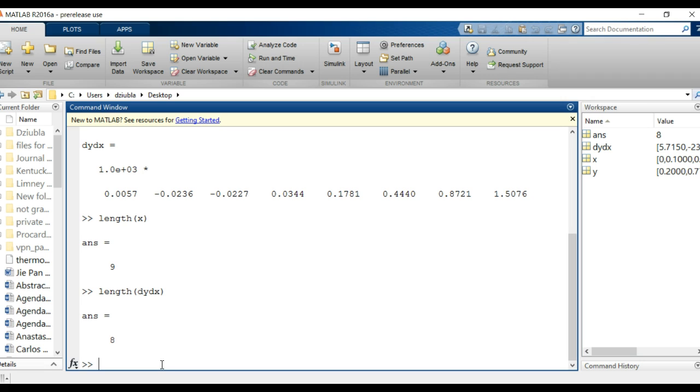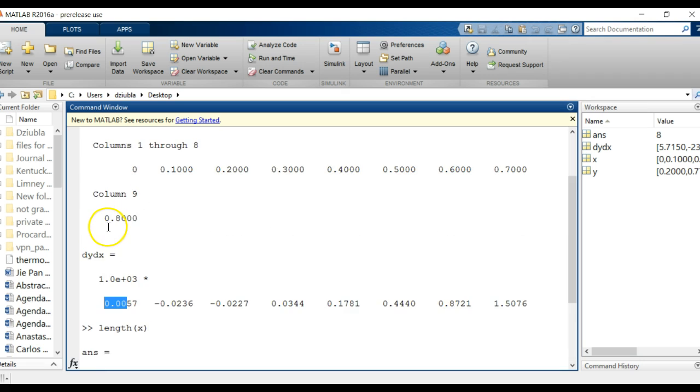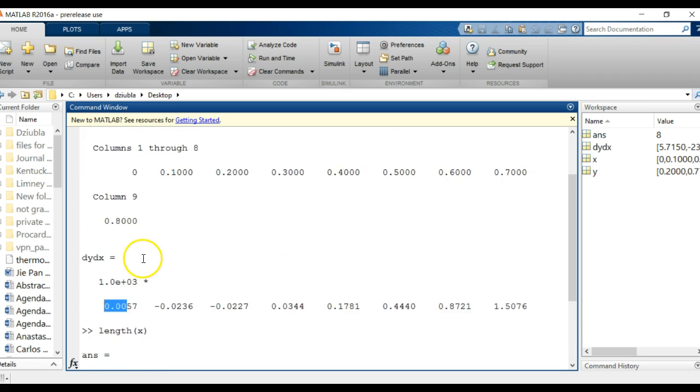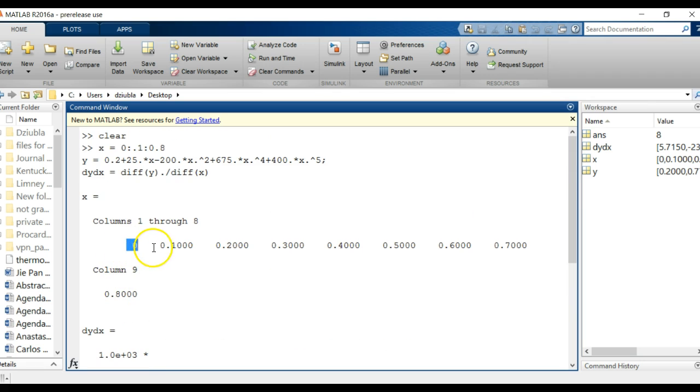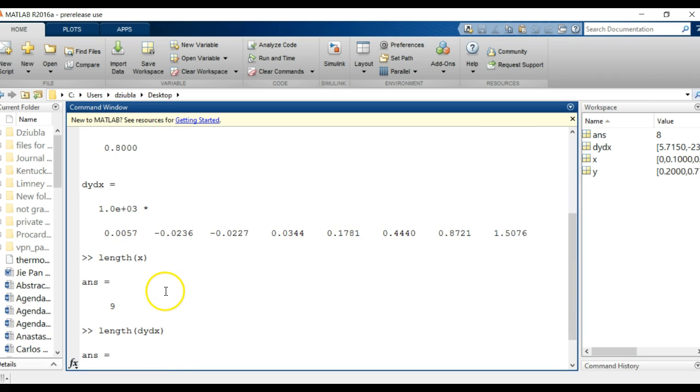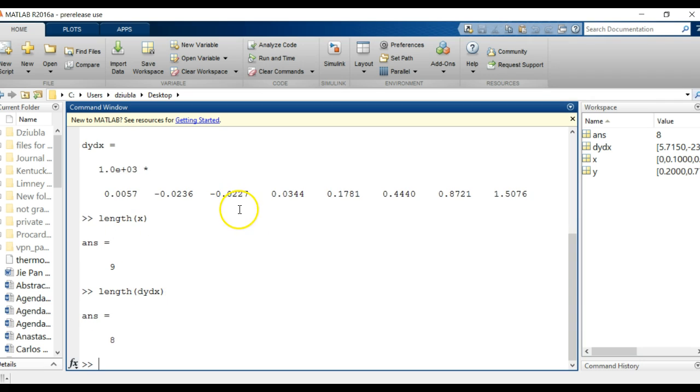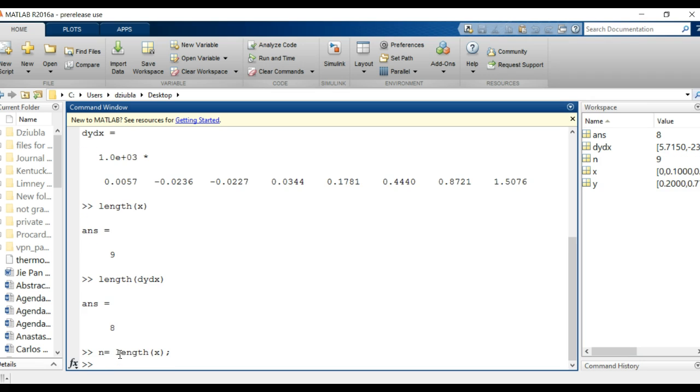so it has to be one less. If I wanted to plot, say, x versus y, these differences are actually going to be in between the x values. So this is the derivative that sits between 0 and 0.1. I'm going to have to go through all the positions and find that midpoint value of x so that I can plot dy dx versus x. So we can do this by first getting the length of the vector of x, so we have 9,